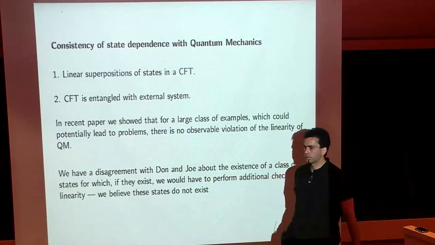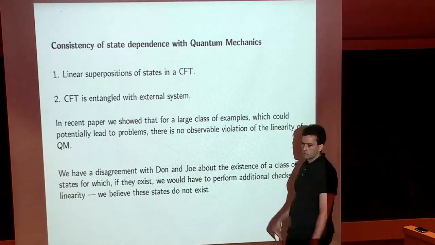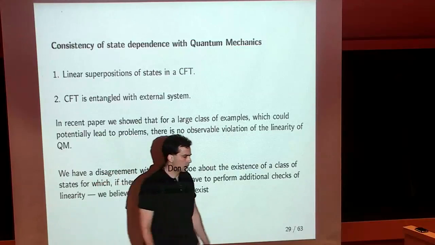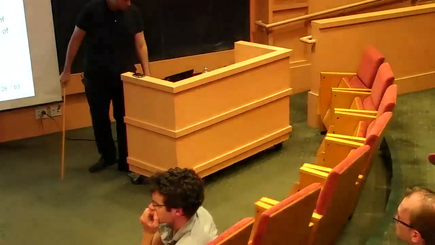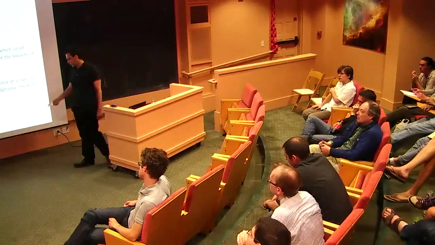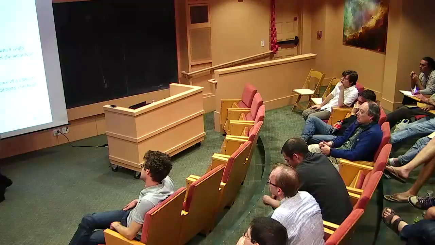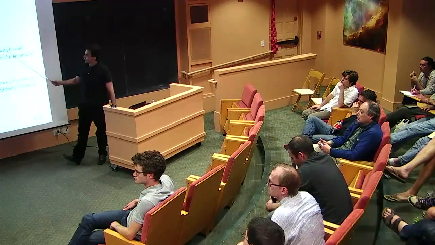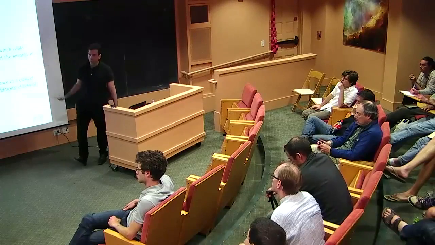In what sense? Well, they could study the system in different states, and the operator they use is nonlinearly dependent on the state. But that's like saying there's a violation of the linearity of quantum mechanics. No, I don't agree with that statement. You can also look at, for example, the entanglement entropy, which is not really a linear operator. No, but that's not an observable. We're not saying that the boundary observer can necessarily observe the interior directly, right?